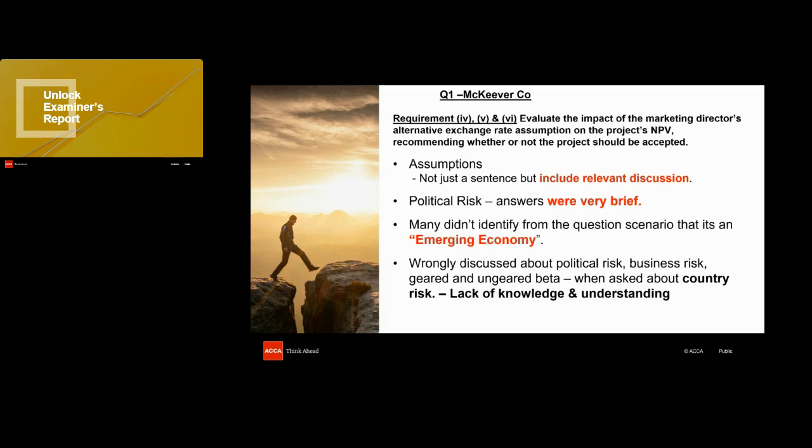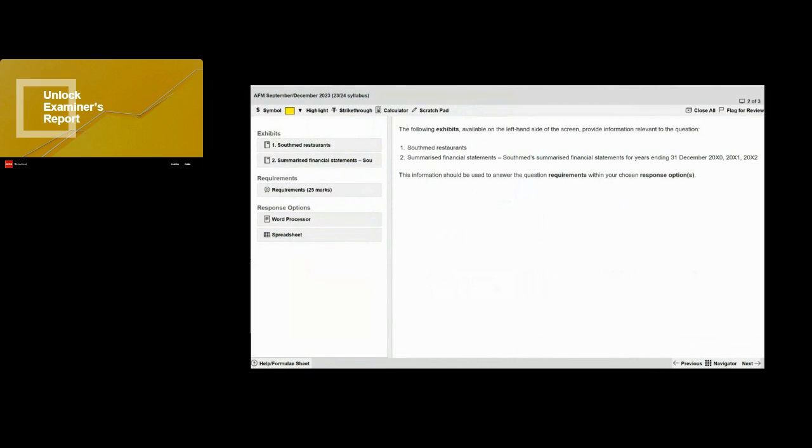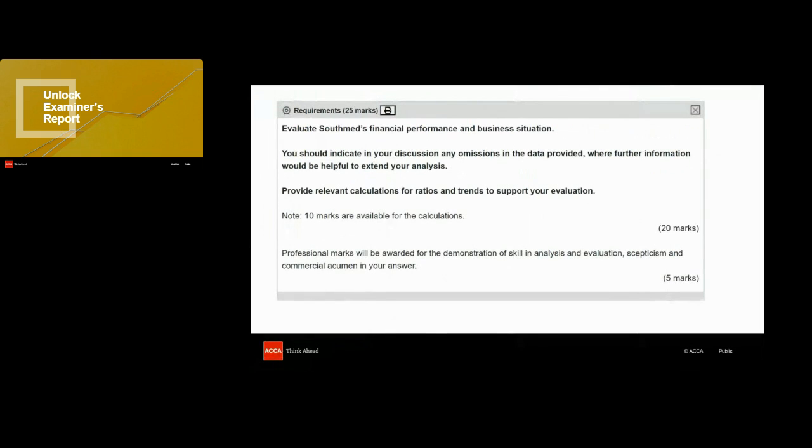The second question was called SouthMed. The SouthMed company was again an easy-to-score topic, on financial performance and business situation. Many candidates were very happy when they saw this question. Its requirements were to evaluate SouthMed's financial performance and business situation. You should include in your discussion any omissions in data where further information would be helpful to extend your analysis,